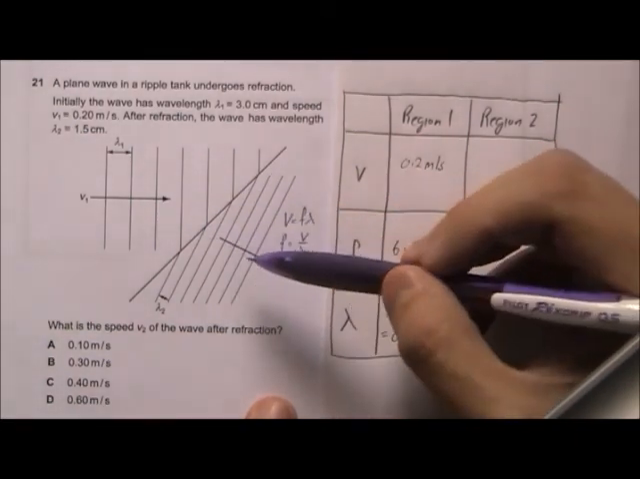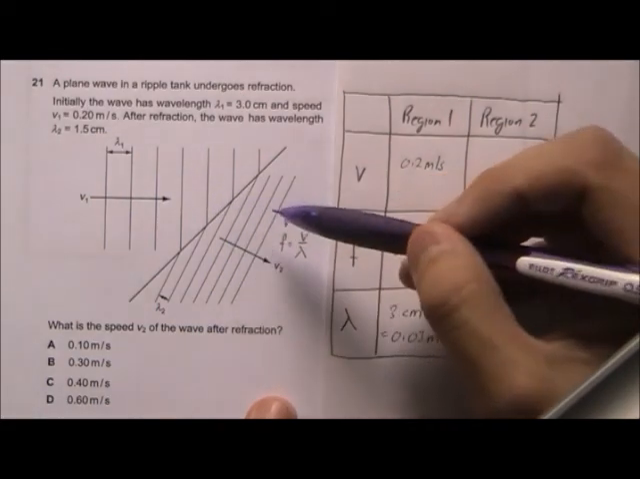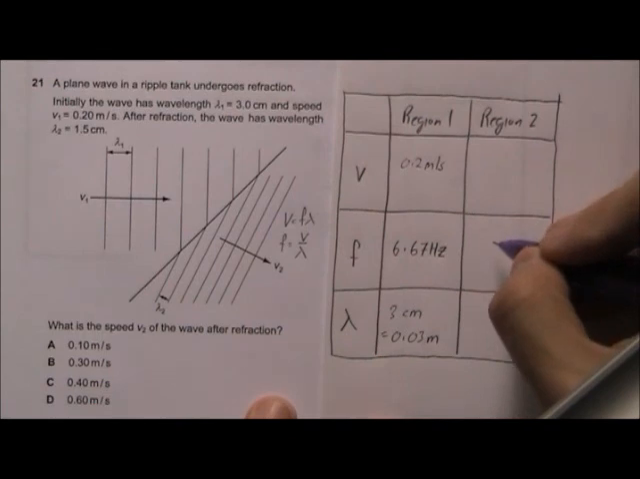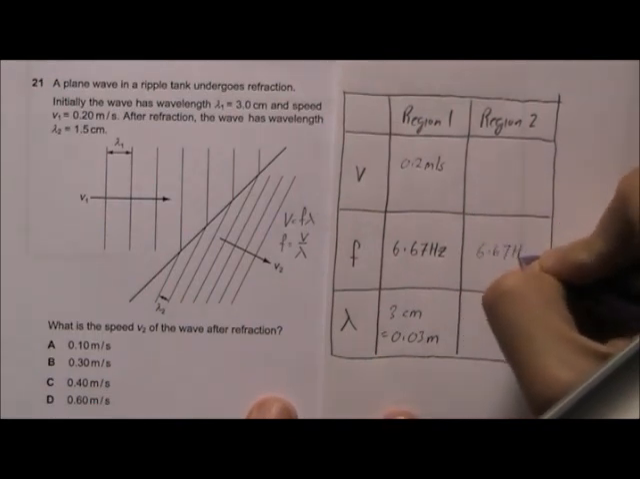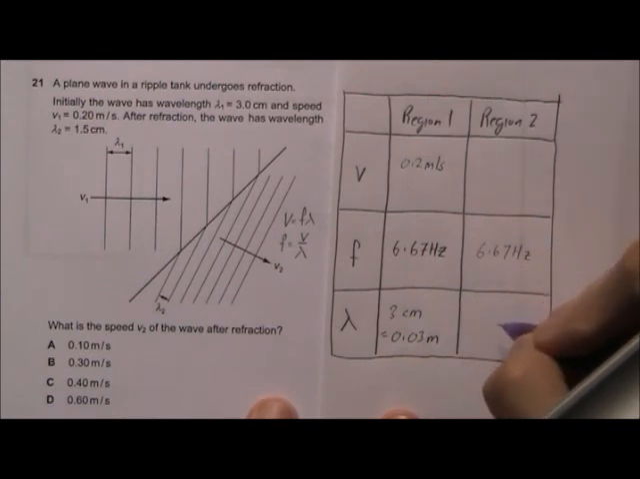And because the frequency of the wave is the same, it follows the frequency of the source. The frequency will not change even if the wave has moved into another region of different depth. So the frequency at region 2 will still be 6.67 Hertz, and we are given that the wavelength at region 2 is 1.5 cm. So convert it to meter, it should become